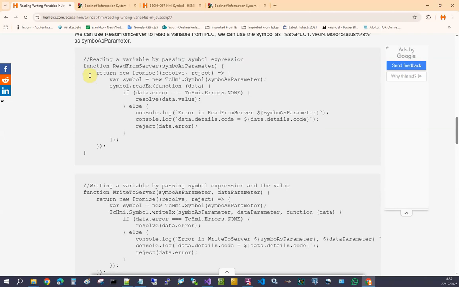Here we have written two functions, read from server and write to server. We are passing a symbol expression, and then we are returning a promise object, and that promise object was introduced around 2015, so it's nothing new. And in that promise object creation, we create that symbol from the symbol expression that we are passing,